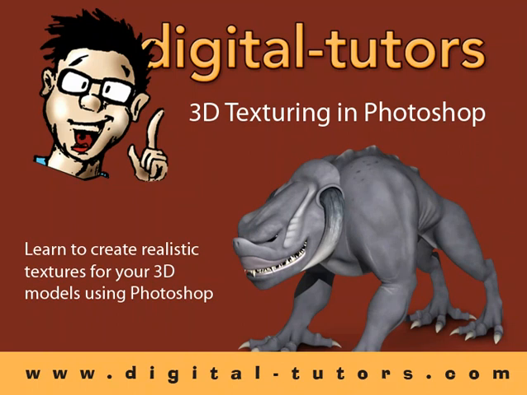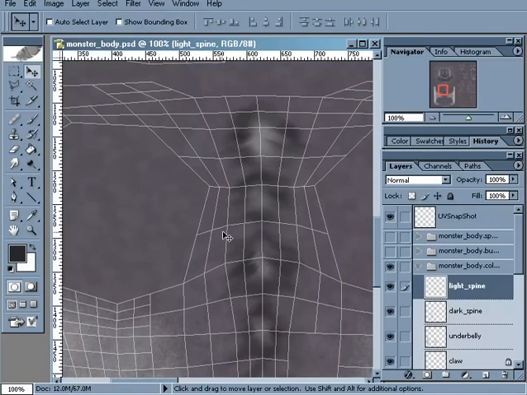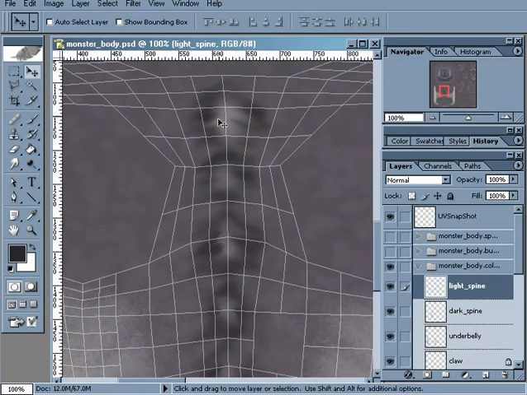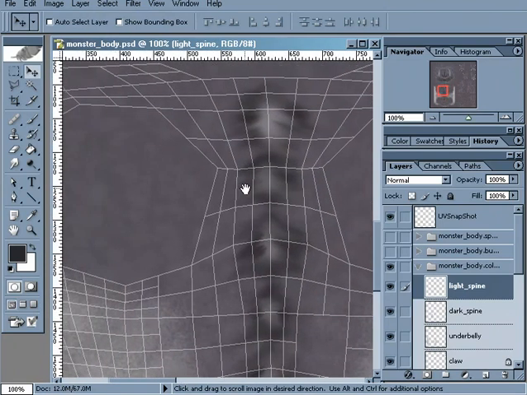At this point in the training kit, we're ready to go in and start to add some of the darker blotches to the back of this monster. Okay, so I'm going to go ahead and open up Photoshop, and here's where we left off in the last video, creating these lighter areas of the spine. So what we're ready to do now is go in and add some of these darker spots to the overall